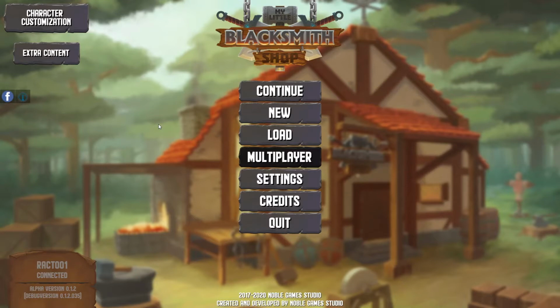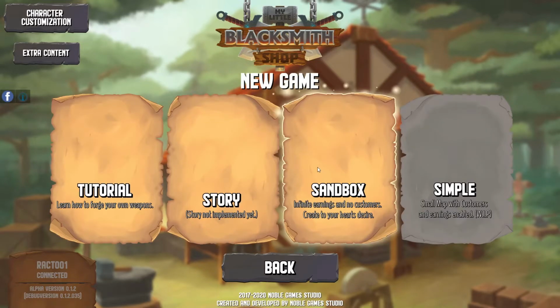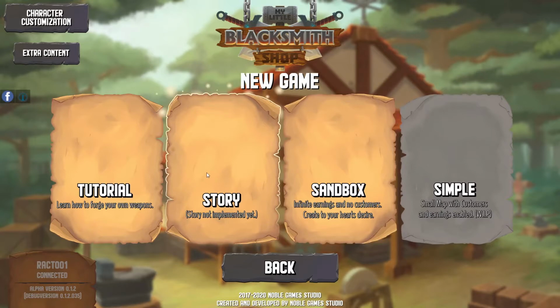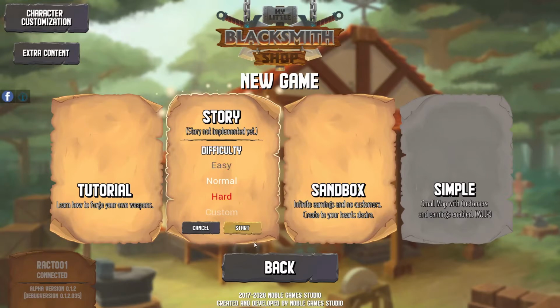Okay, so we're going to start a little playing series, I think. And so we're going to start with a new game and click on story. Yeah, I played about in the sandbox, so we'll jump straight into it. Story mode. We're going normal. I don't think it matters because there's no story, but